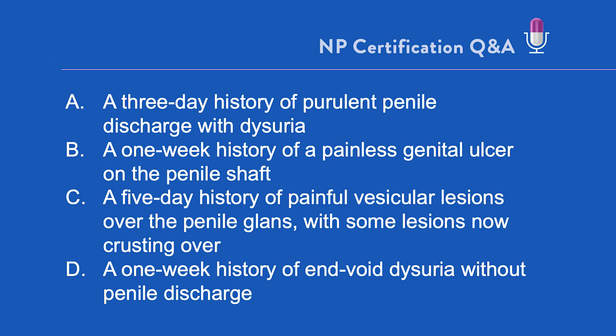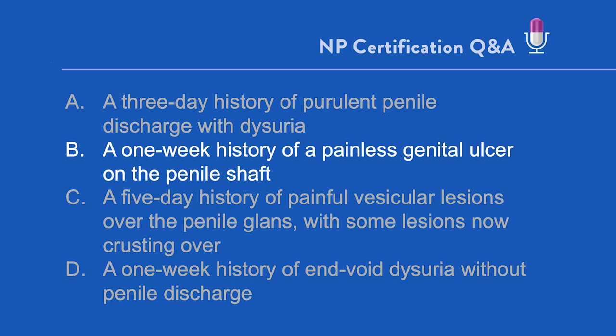The correct answer is B, a 1-week history of a painless genital ulcer on the penile shaft. Where should you begin with a question like this? First, figure out what kind of a question this is. Given that we're being asked for the clinical presentation of disease, this is actually an